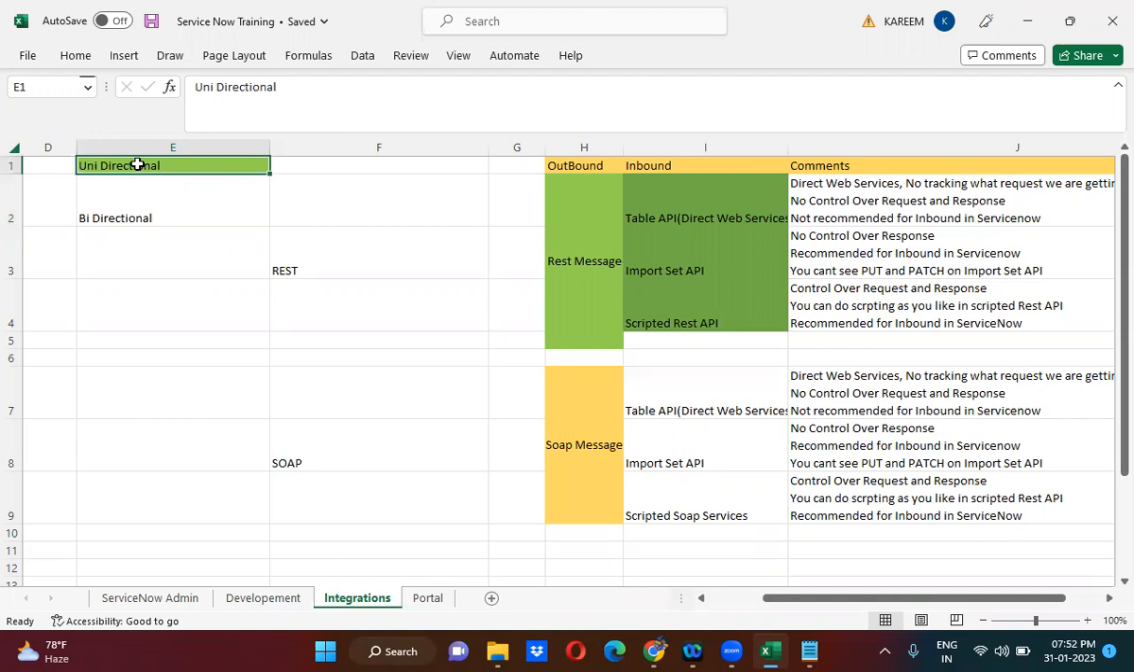Outbound means when ServiceNow is sending the request. In the outbound, we have REST message available. For inbound, we have import set API, table API, and scripted REST APIs available. So here, as per my requirement,